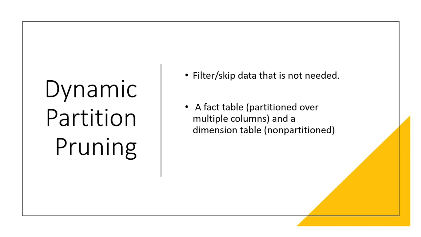The first enhancement that we are going to talk about is dynamic partition pruning. So what does that mean? Whenever we are doing joins, we are dealing with big data. So when we are doing joins, there is going to be data that is getting shuffled across the network. And this shuffle is going to hit our performance.